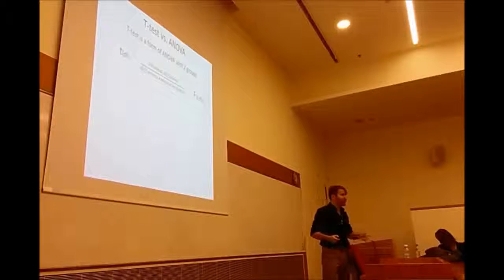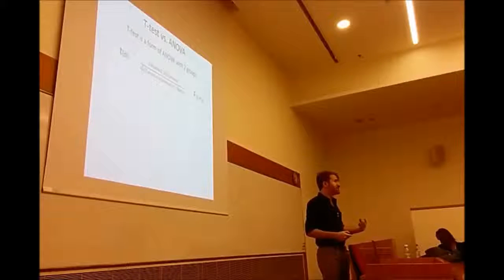In a t-test, we look at the obtained difference versus the difference expected by chance. What's difference? Difference is variance. So both T and F describe the same thing. So if I conduct an ANOVA on 2 groups, and I'm allowed to do that, right? I don't have to have more than 2 groups. I can